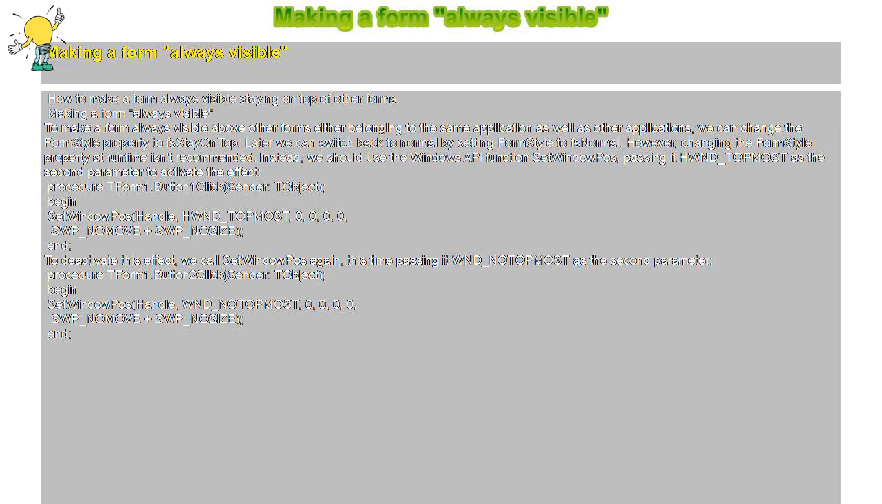HWND_NOTOPMOST as the second parameter. procedure TForm1.Button2Click(Sender: TObject); begin SetWindowPos(Handle, HWND_NOTOPMOST, 0, 0, 0, 0, SWP_NOMOVE or SWP_NOSIZE); end;